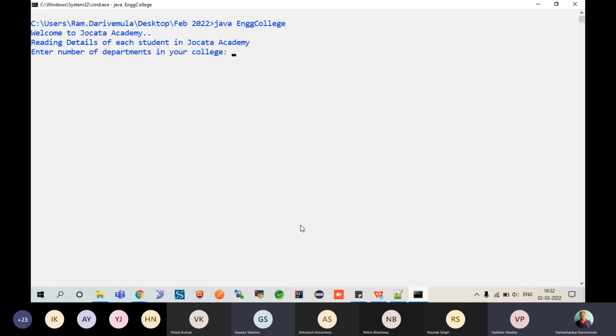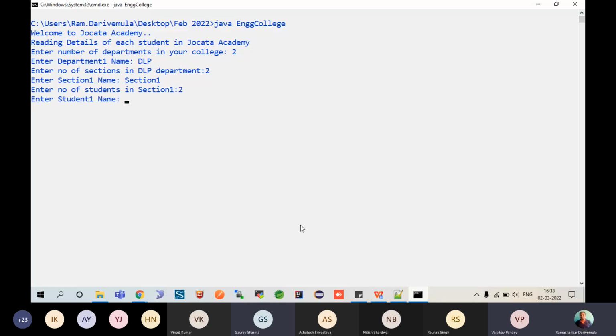Enter the number of departments in your college. है मेरे पास 2 डिपार्टमेंट है. Enter the department one name. Let's say DLP. Enter the number of sections in DLP. 2 section है. Enter a section name. Section 1. Enter number of students in section 1. 2 student है. Enter the student one name. Okay. तो